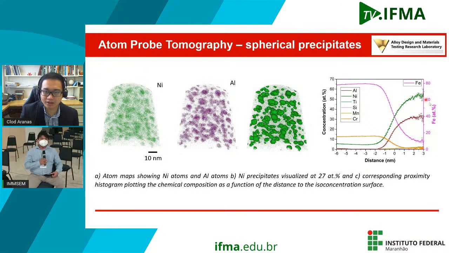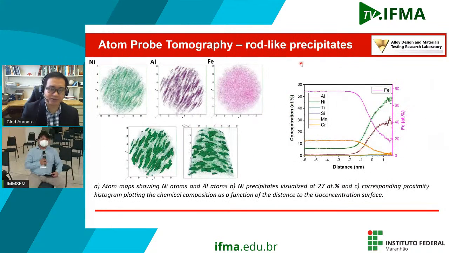So it's mostly, you can see this is mostly titanium and aluminum. E aí você percebe a composição química é muito mais titânio e alumínio. And we also found different shapes of precipitates. You can see this is rod-like precipitates. Também achamos outros precipitados com morfologia diferente, como por exemplo esses precipitados mais longos. So we have a mixture of two different morphologies of precipitates. Ou seja, tem aí uma mistura de diferentes morfologias dos precipitados.